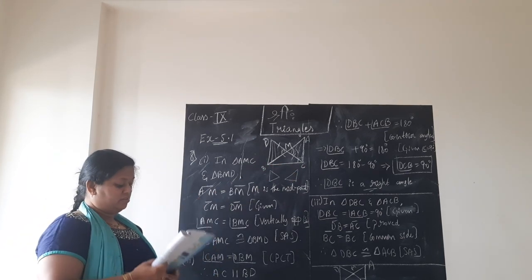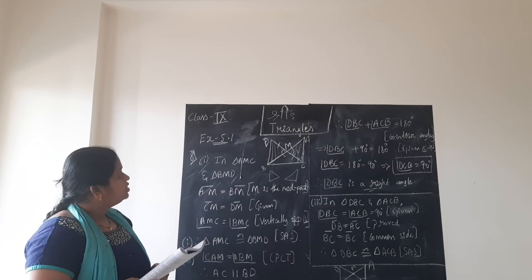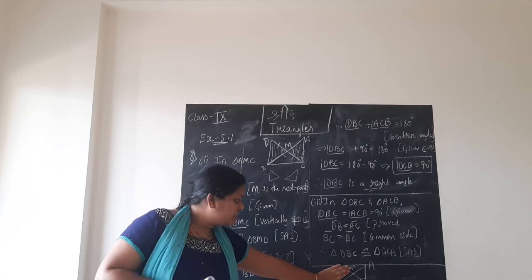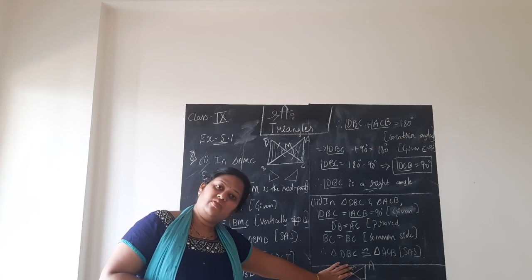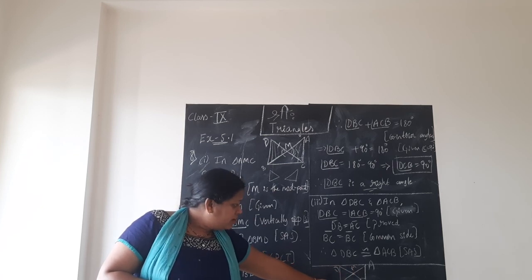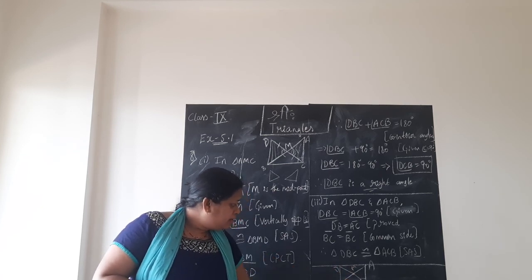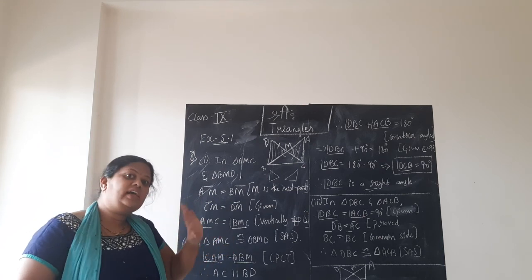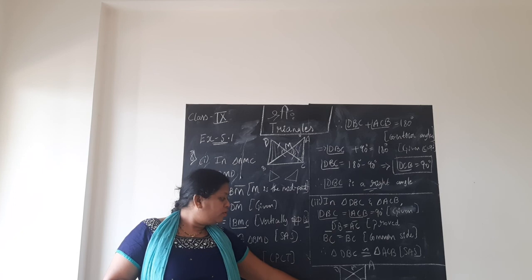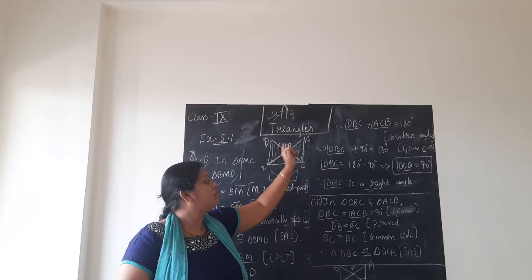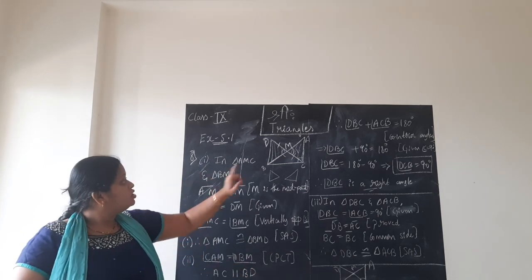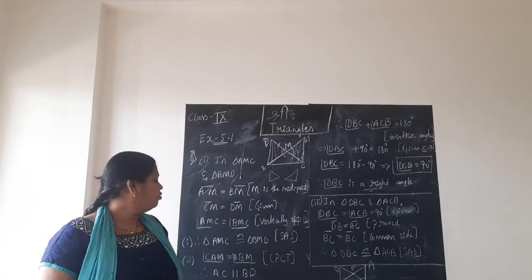Second sub-question, what they are asking is to prove that angle DBC is a right angle. Now first we consider triangle ABC. We started with the construction according to the question. But children, that gave rise to one more triangle DBC. We cannot exactly say it is a right angle triangle, but we need to prove now this triangle DBC that we got. Yes, DBC is also a right angle triangle. We need to prove it now.